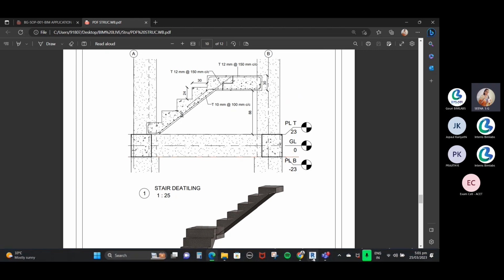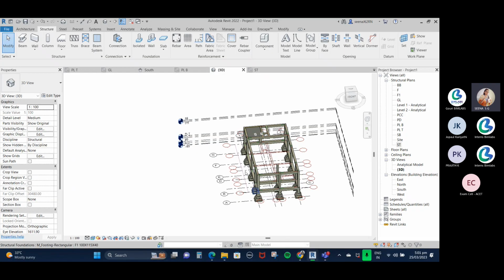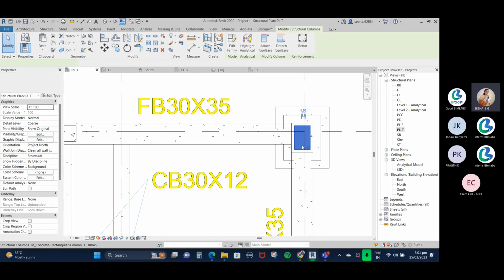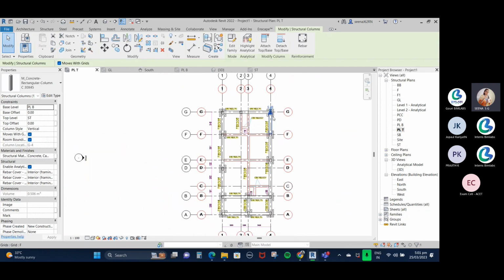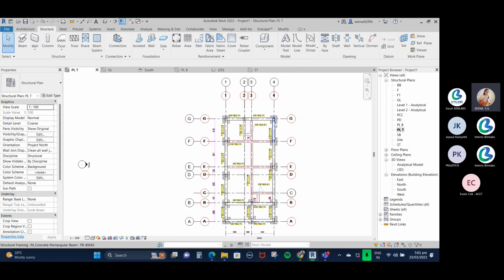So I'll show one more thing, that is adding the tag. Suppose you want to create a column layout, just open the view. That view must contain columns. So here I choose plinth level top. Here we have columns. Okay. So the first step is to select all the